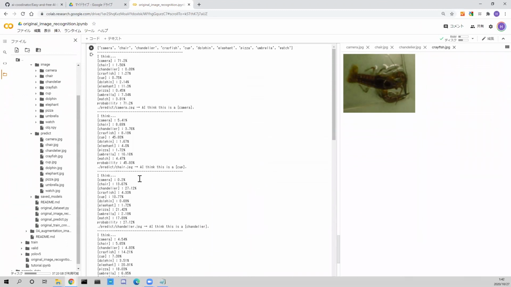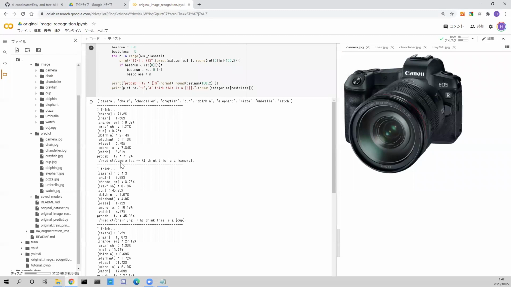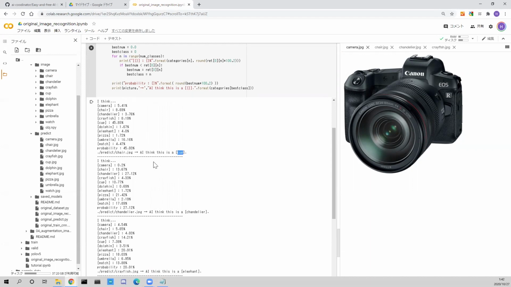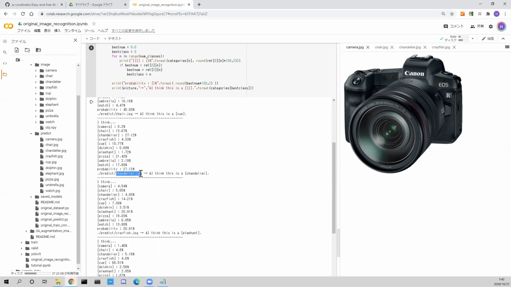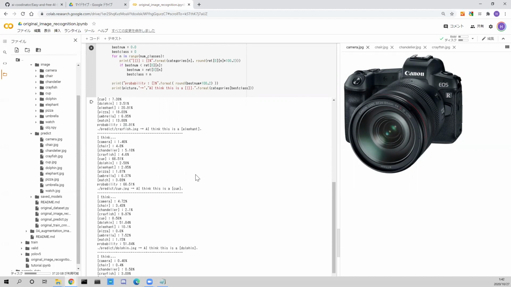Okay. Camera JPEG. AI thinks this is a camera. Correct. Chair JPEG. AI thinks this is a curve. NG. Chandelier, okay. Flyfish, elephant, NG.